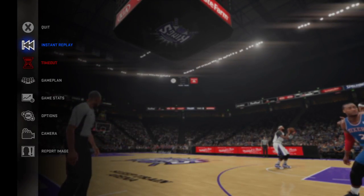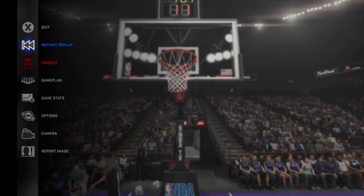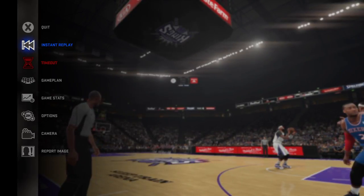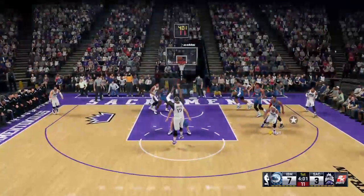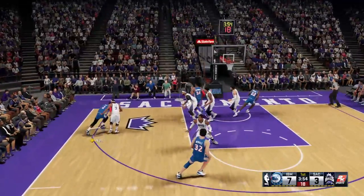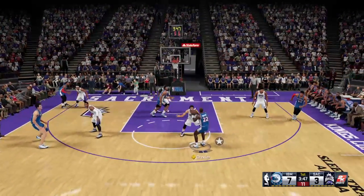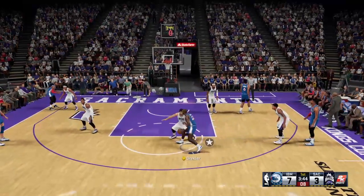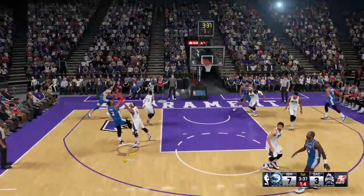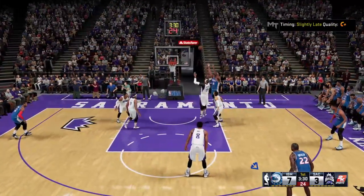Rondo. Dishes to Cousins. The shot is off. And Philadelphia the other way now. Here's Wall. McHale outside. Pass to Drexler. Back to McHale. And it's Wall in the corner. Fires from 18. And that one comes up a bit short. The 3 from Drexler. And it's rebounded by DeMarcus